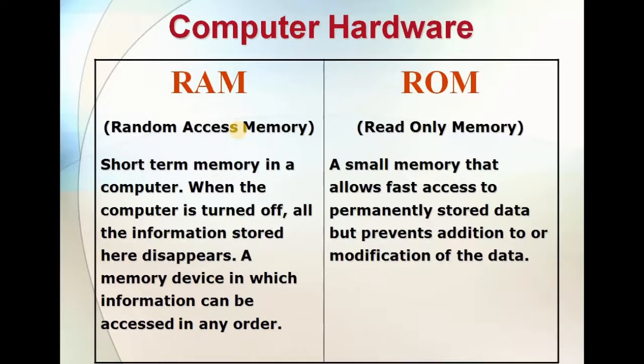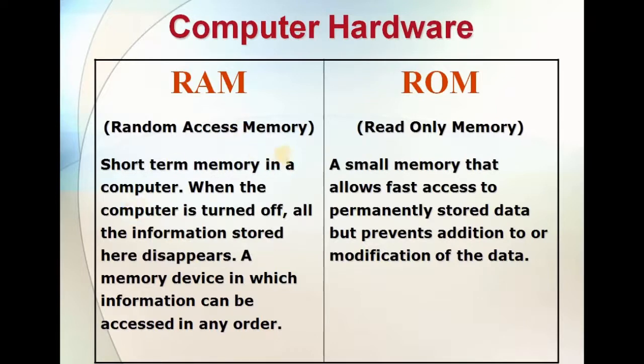The one drawback of random access memory is that whenever the computer is turned off, the information that was present in the RAM will disappear. Whenever I restart the system, or reboot the computer, the RAM will be empty. When I start executing applications, the information will be present, and the moment I turn off the system, the information will vanish. That's why we call it volatile memory, or temporary memory, or short time memory.